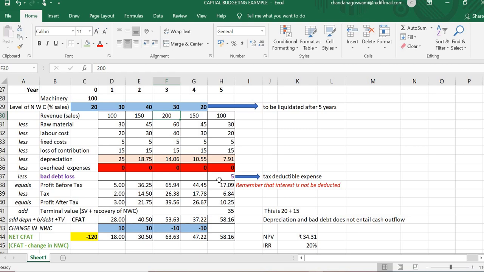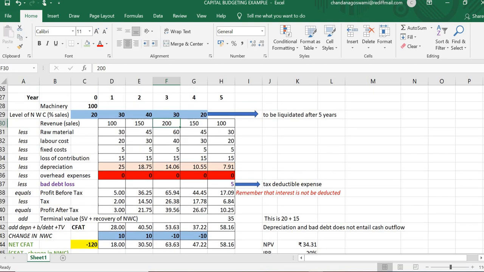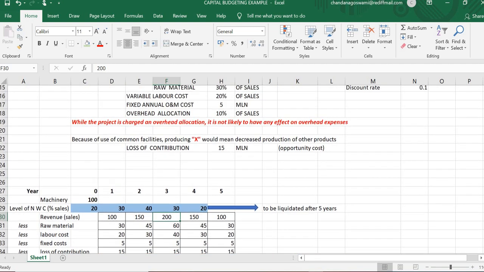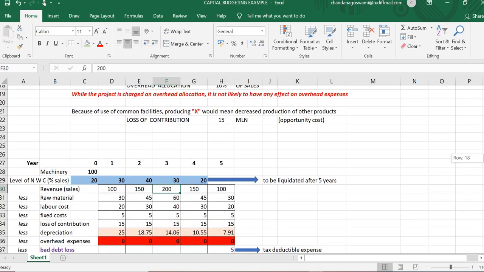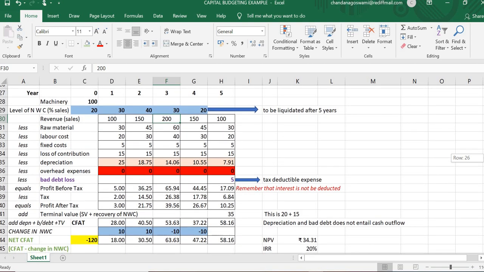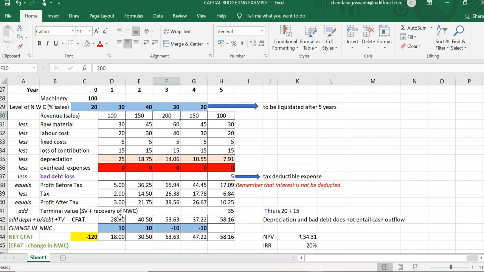A tax rate has been given to you and it is 40%. We have mentioned out here it is 40%. So we are going to calculate our tax at 40%. Alright. After you calculate the tax, then you subtract it from your profit before tax, you arrive at profit after